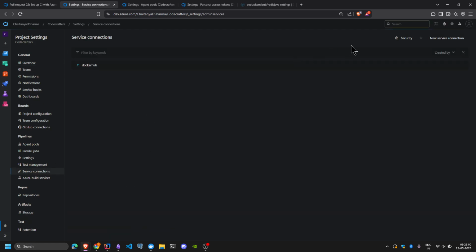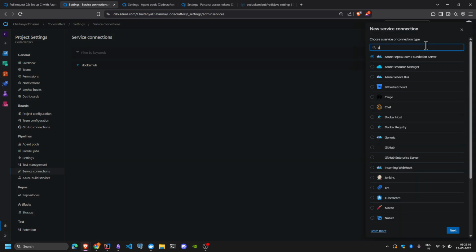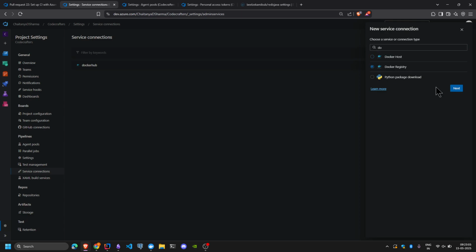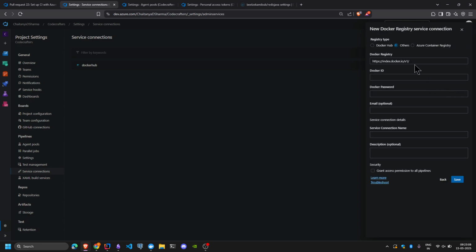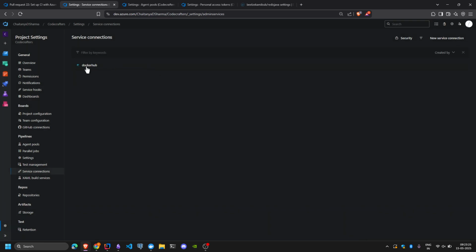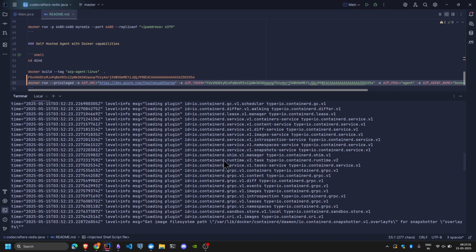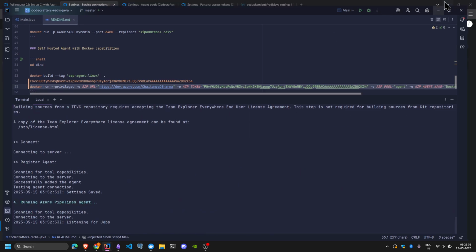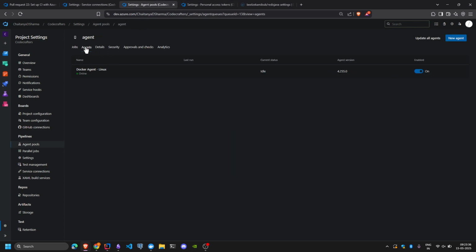and service connections, new service connection, search for Docker registry. Next, add the URL, add your user ID, add your password here, and give it a name and save. And you also need to check this grant access permission to all pipelines so that they can use this service connection. With this, a service connection will be set up and it will look something like this. Let me see if the agent is up. Yeah, the agent is up. We can also see it right here. The agent is up, and